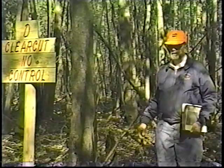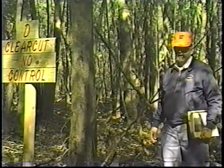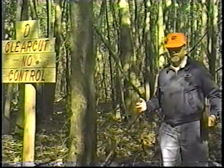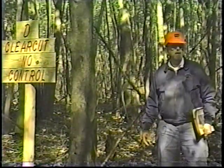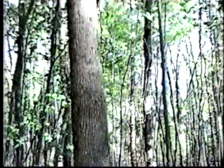The work by Alex Shigo up in Durham, New Hampshire will prove all of this. He did a whole lifetime of work showing that this is what happens. Now, this clear cut is a big improvement over that high grade. If you're a small landowner, you'd much prefer to have this than to have a high graded stand, because here at least right now you can see he's got a good merchantable pulpwood stand in here and a few good saw timber trees, but not too many. And that's what we'll show you later, other things you can do that will improve the amount of saw